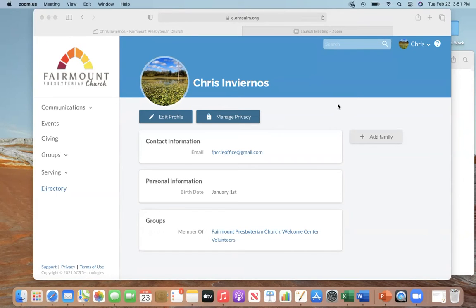So I want to start off with, I'm on my profile page. I got my picture, my name, my email address, and it lists what groups I'm in. And for this fake profile, I'm only in two groups, the General Fairmount Presbyterian Church group and the Welcome Center volunteers. Now, one thing I want to show you is when you go over here to communications,